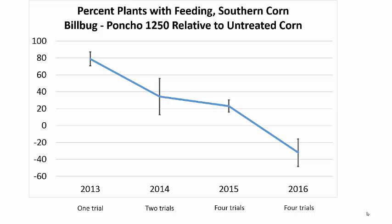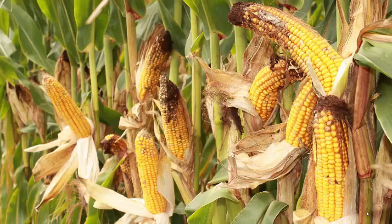Okay, enough of the bad news. I'd like to transition now to stink bugs. And 2015 was really a banner year for stink bugs. Growers dealt with it. There weren't a lot of answers out there, and we were fortunate enough to have a